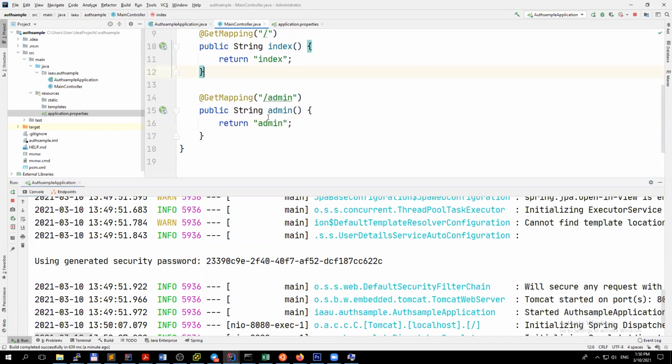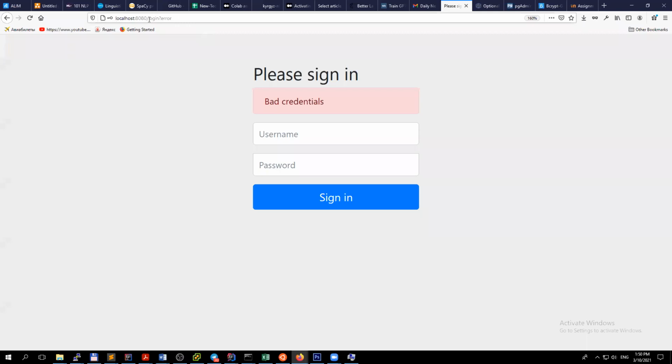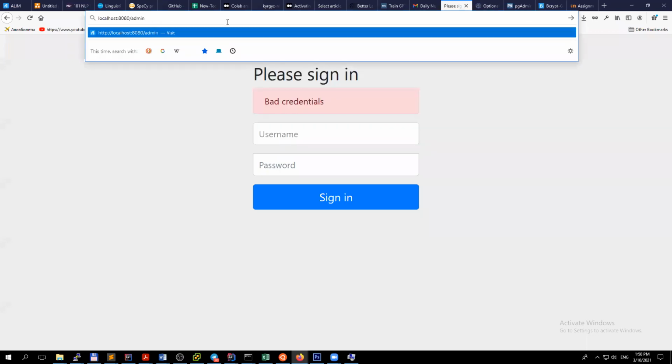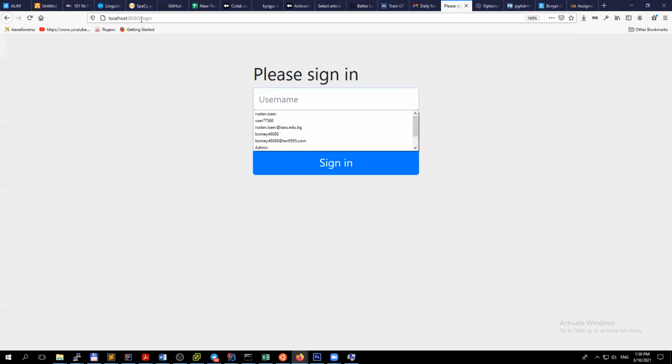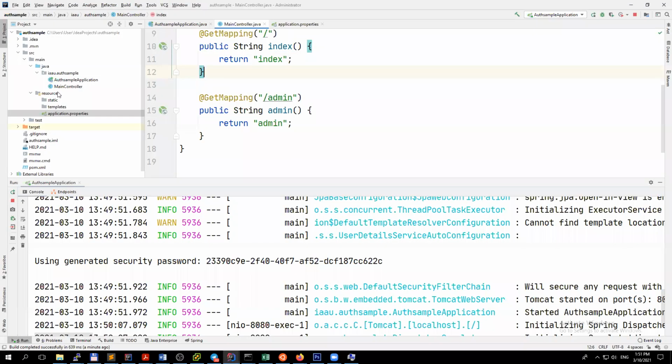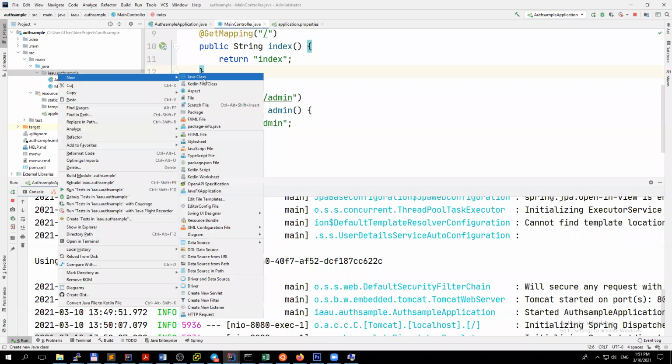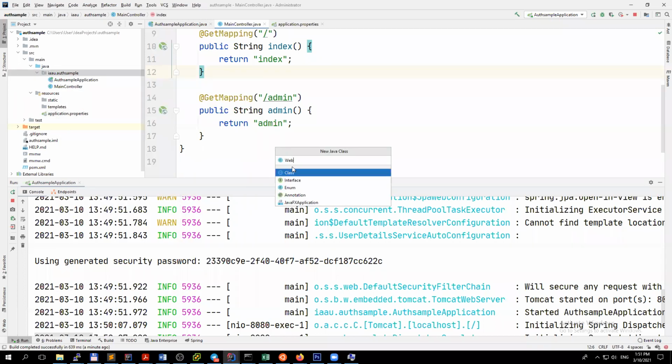And if we want to go to the admin page, we won't be able to. First we need to authenticate because we connected the security. Security in Java is super reliable, because even if you haven't specified the security, it will ask you to do some stuff. So to override this, we can create here a new web security